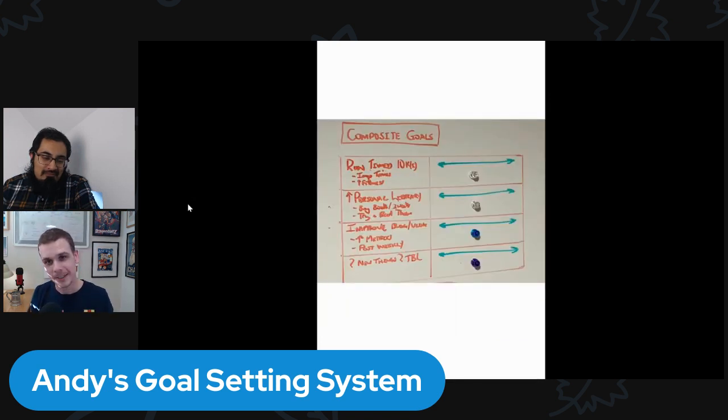Another new idea this year that I've come across is this idea of composite goals. So what's a composite goal? It's a goal where, if selected carefully, in achieving that goal you will actually be achieving all sorts of many other goals and hopefully developing all sorts of helpful habits. So, for example, I made quite a specific composite goal, not completely SMART, given I'm not quite sure where we'll be at in terms of COVID, in terms of ability to go to 10K races and things like that. But I want to improve my times running 10 kilometers.